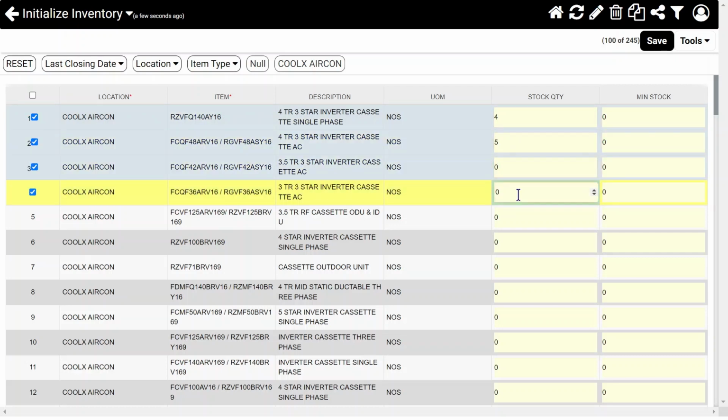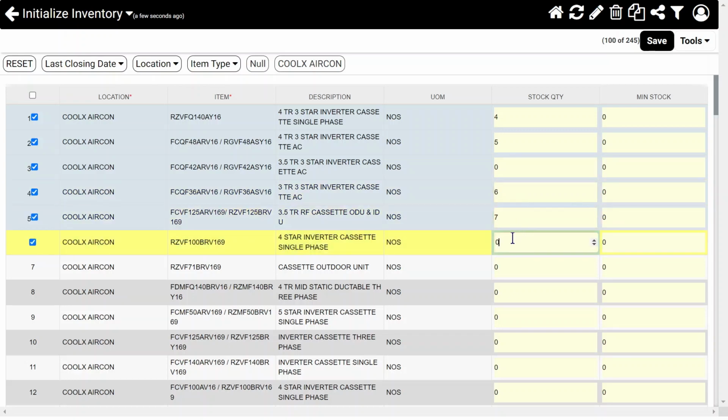If some of these items are not there in the physical inventory, we leave them as 0. For the others, we enter some numbers. At this time, we can also enter the minimum stock level. If an item goes below this minimum stock level, we will get alerts to make sure that we go ahead and purchase. After setting up the system like this, we hit save